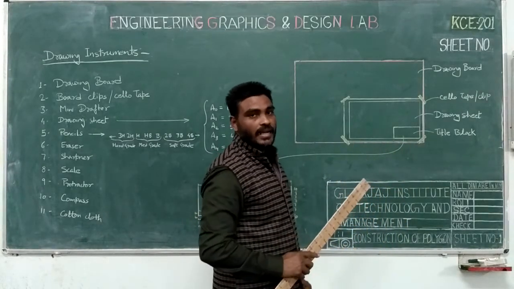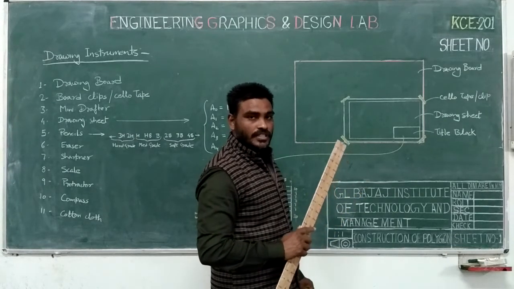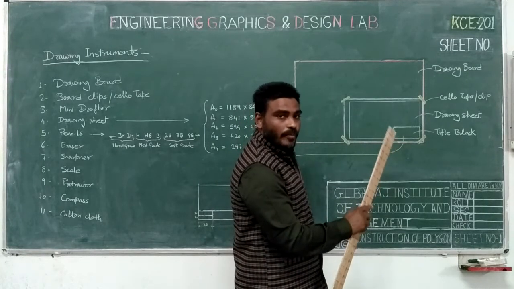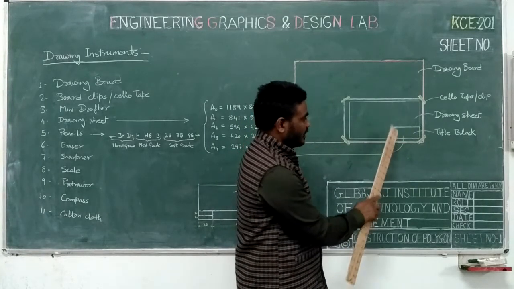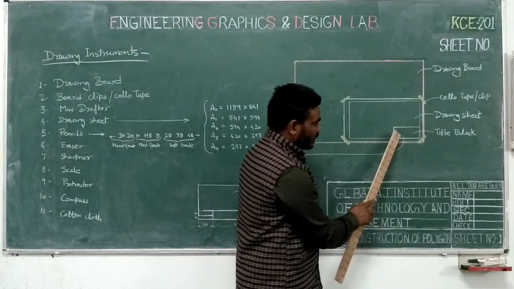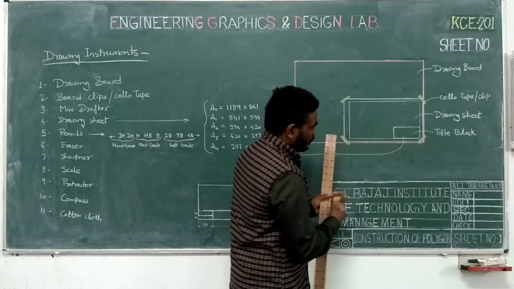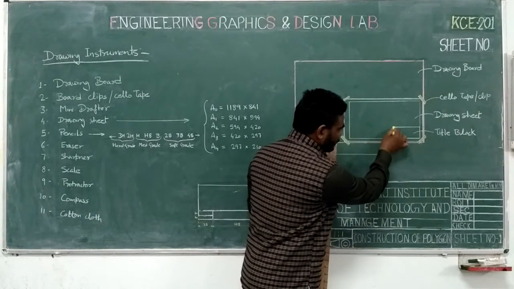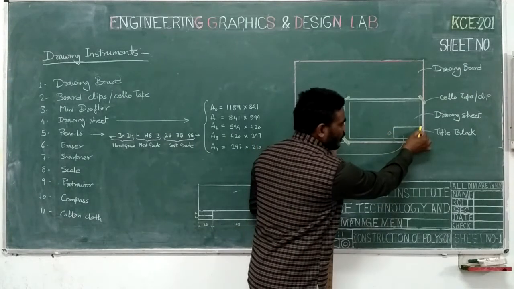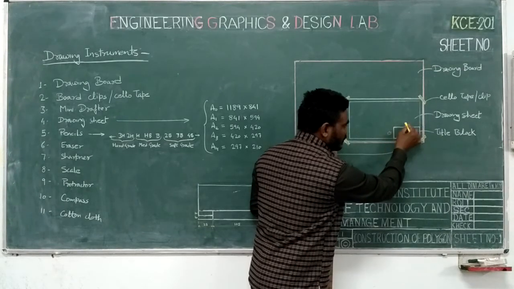We have to make a title block of size 65 mm by 185 mm at the right bottom corner of the sheet. This portion is the right bottom corner of the drawing sheet. Here we have to draw a title block of size, from this to this will be 65 mm, and from the margin line, from the border line, this distance will be